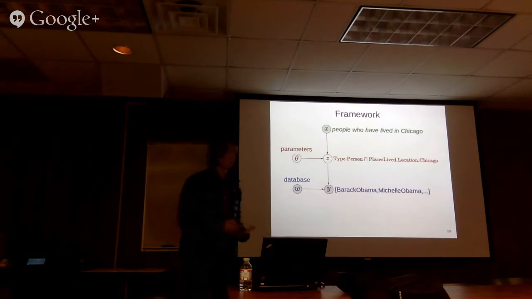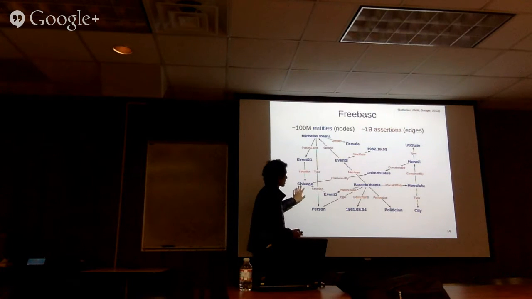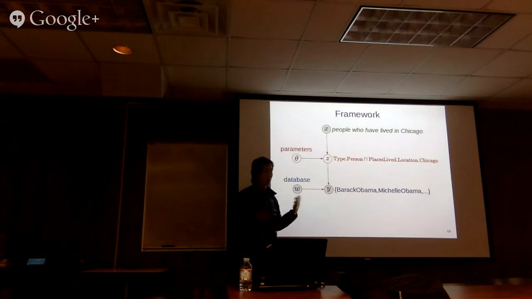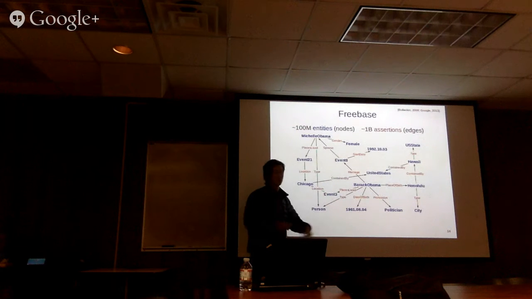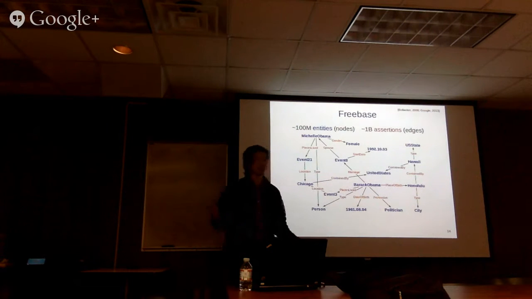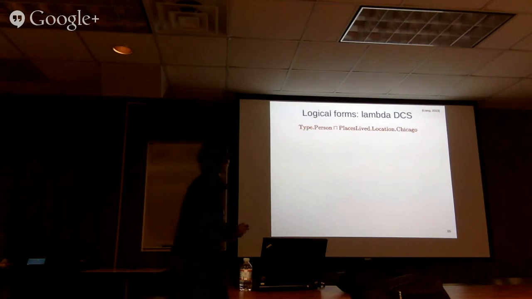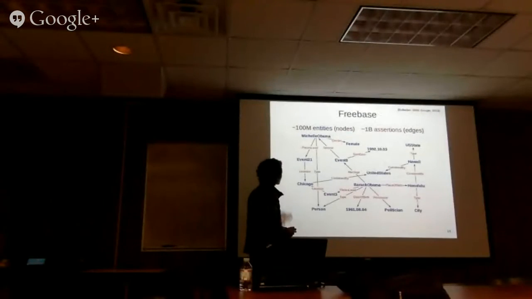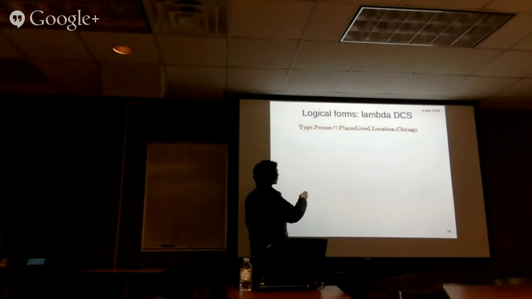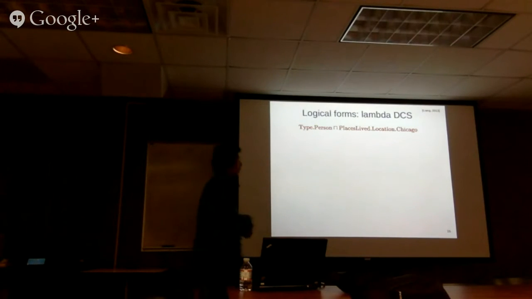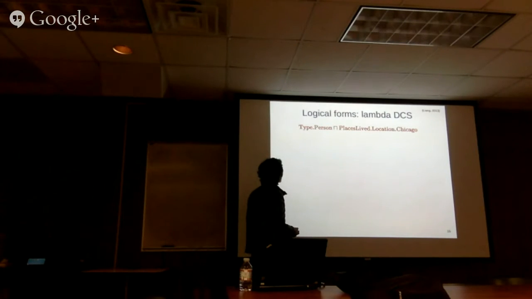a sentence. So for example, and we do this in other work, if you're in a room and you're trying to control a robot, this graph actually corresponds to the objects in the room and their spatial relations. So think about it more abstractly than the concrete database here. So the logical forms we use is something called Lambda DCS, which we developed. And the basic way to think about it is basic Lambda DCS expressions denote a graph pattern, such that an